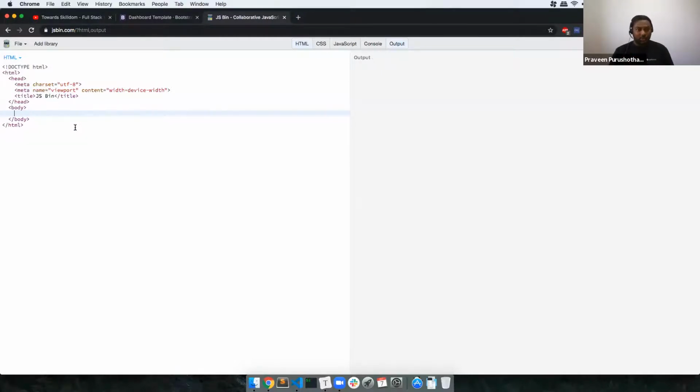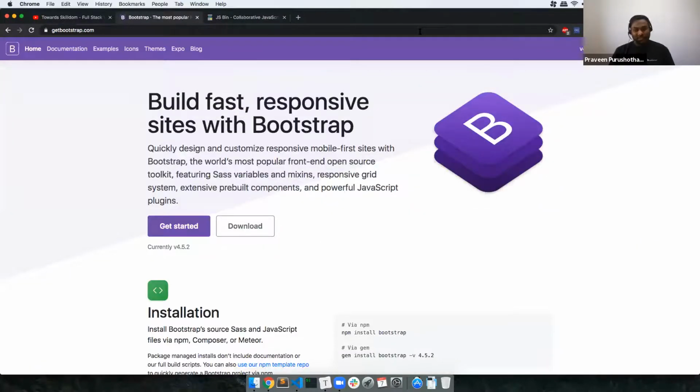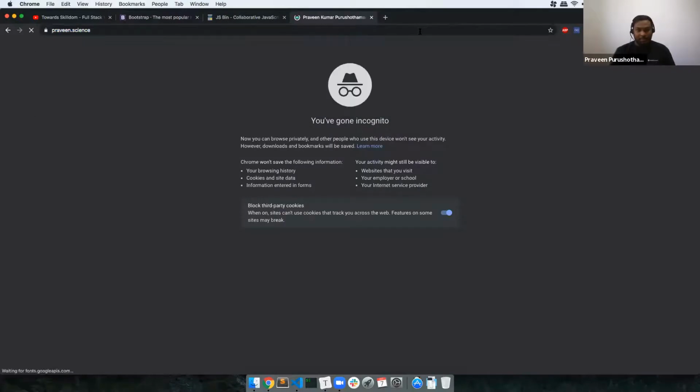Since, due to the time difference, we'll directly go into Bootstrap itself. What I wanted to show you is that Bootstrap is one of the awesome tools for building responsive designs. There are also GUIs to build with Bootstrap as well. But what I would suggest is to learn Bootstrap from the basics so that you can build something responsive. Even my website is Bootstrap based.